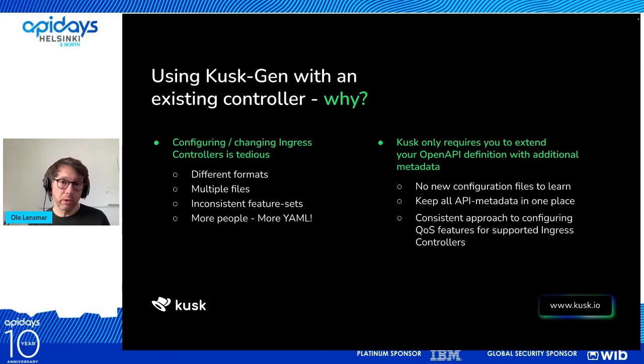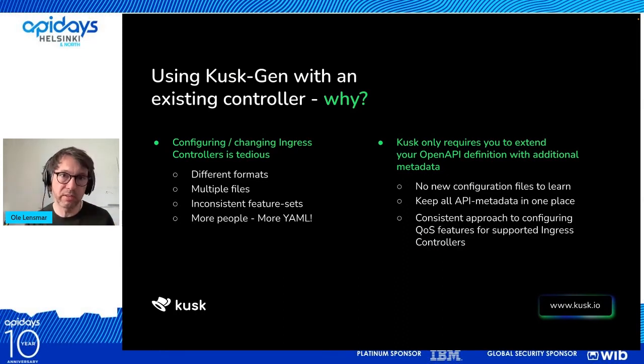So why would you want to use this? Well, as I mentioned before, configuring and changing Ingress controllers is tedious, right? You'd have to learn a lot of different files. The way they implement many of these features is not consistent. So just because you've learned how to configure CORS for Nginx Ingress doesn't mean you know how to configure it for Ambassador, because they do it totally differently. And